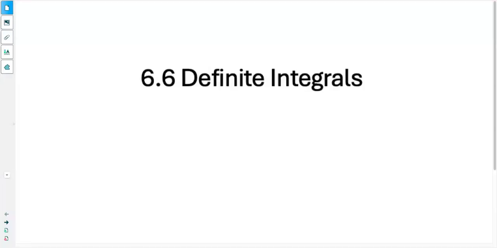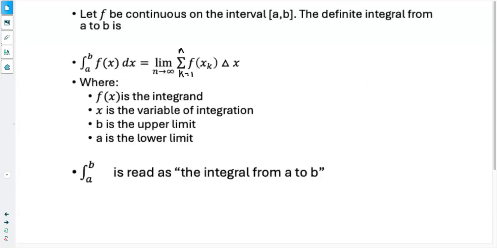Hi, today we are looking at definite integrals. If our function f is continuous on the interval a to b, then the definite integral from a to b of f of x, dx, is equal to our limit